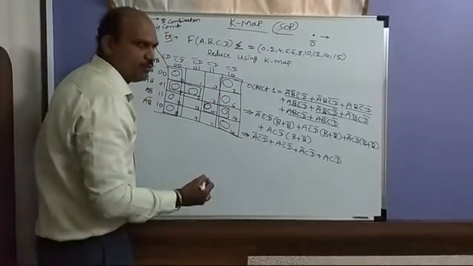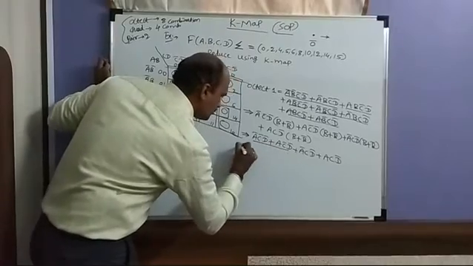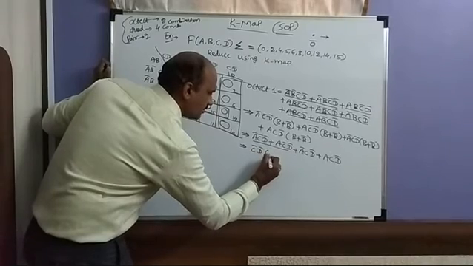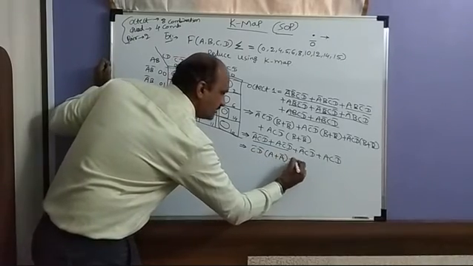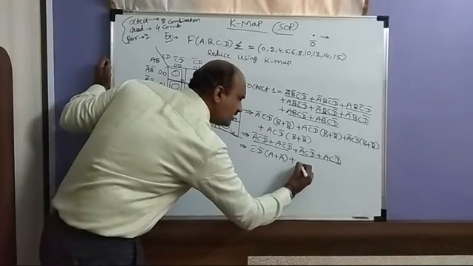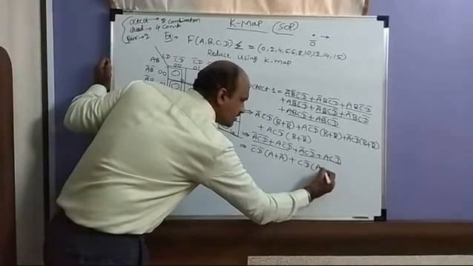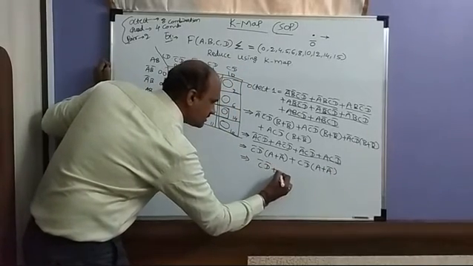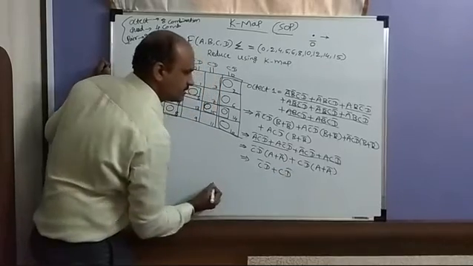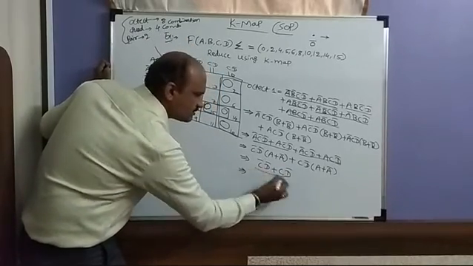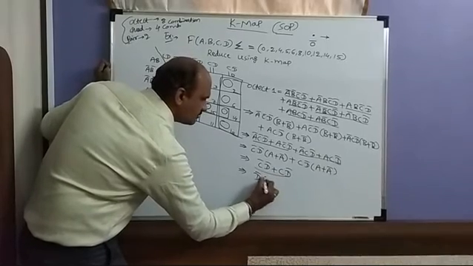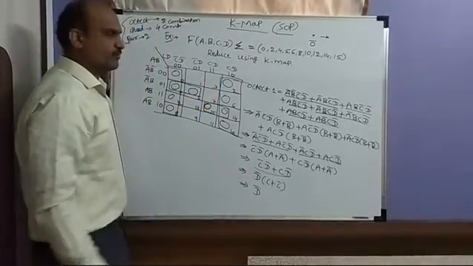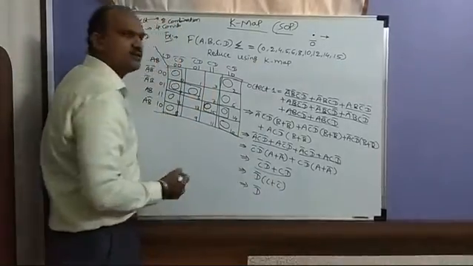If you want to reduce more, you can reduce it. Take these two again. Any common? C bar is there, D bar is there. So what remains? A plus A bar. Then in these two, it will be C, D bar, and what remains is A plus A bar. So what you got is C bar, D bar plus C, D bar. Again check for any similar terms: D bar is common, remained is C plus C bar. We got finally D bar. So for octet 1 we got D bar.